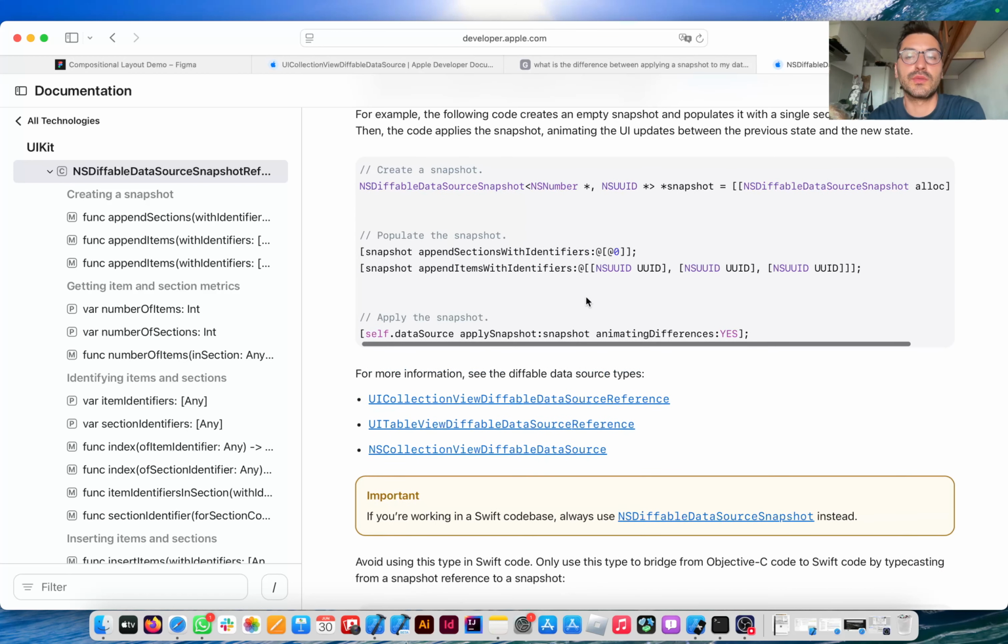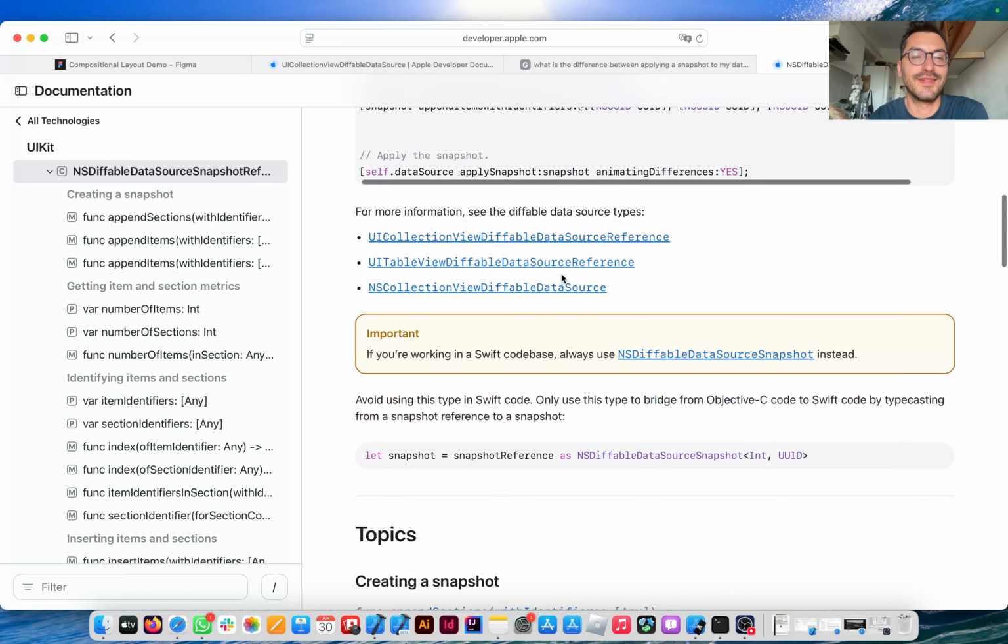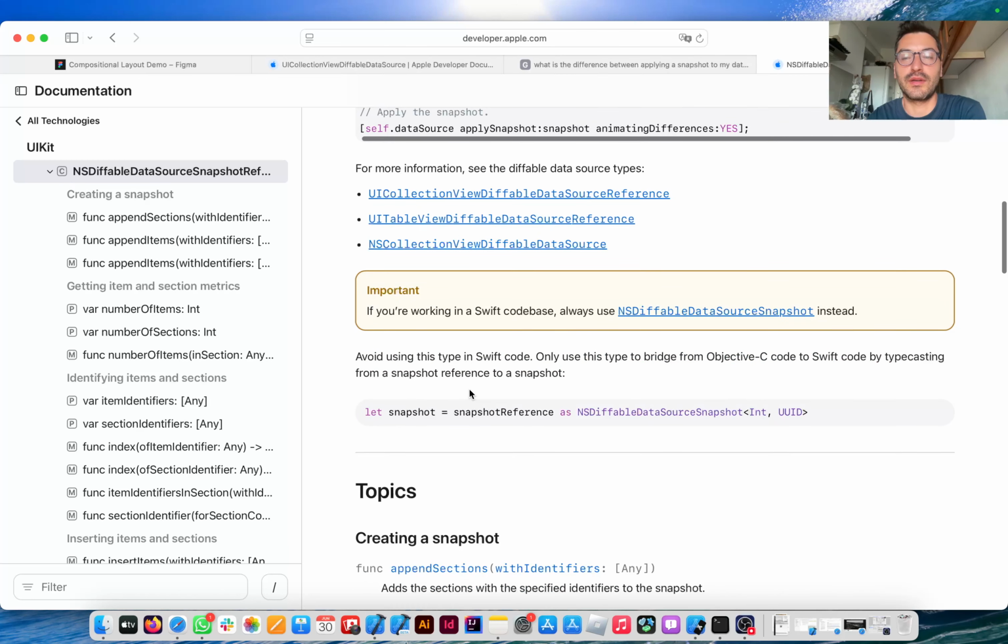Although just, you know, append items with identifiers, UUID, I don't know. Okay, after working,